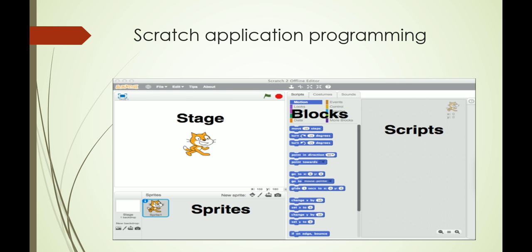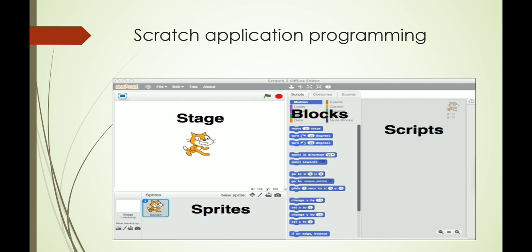The sprite will perform in the stage only. Then see the blocks. There are many blocks, which we call the block palette. Under that, each block has many instructions displayed like this.